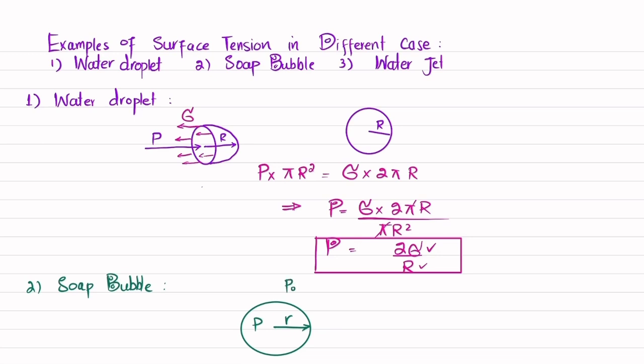Now you can see that this bubble is empty inside. Clear? So there will be two free surfaces, one on this surface and another on this surface. So I will write number of free surfaces in soap bubbles